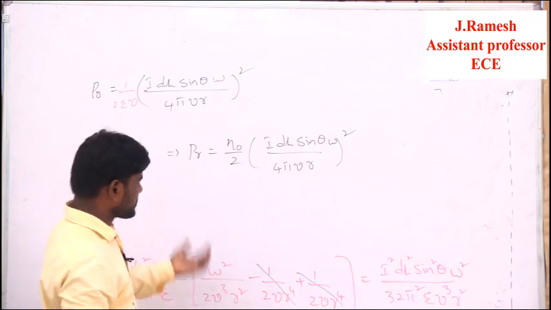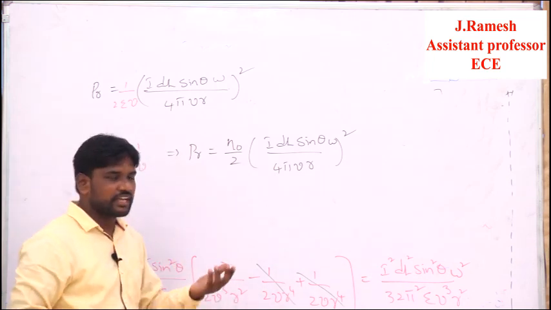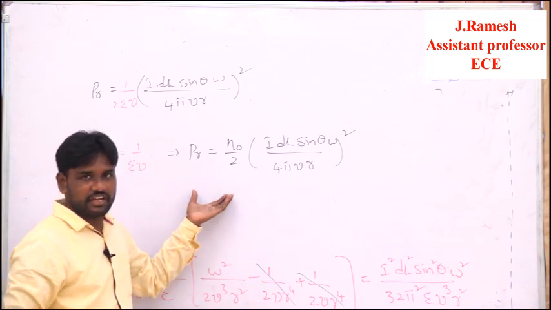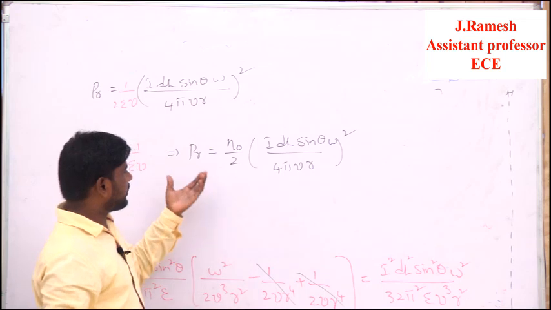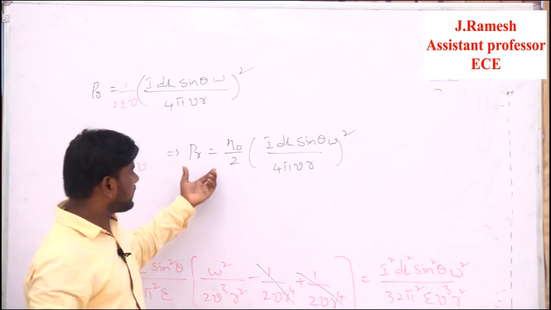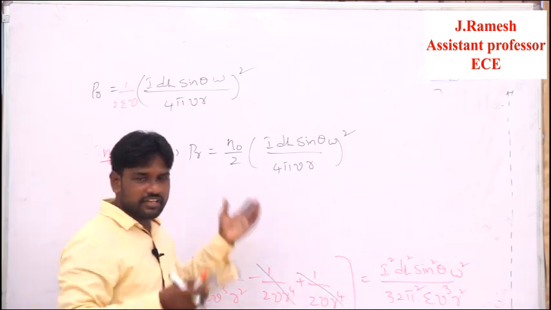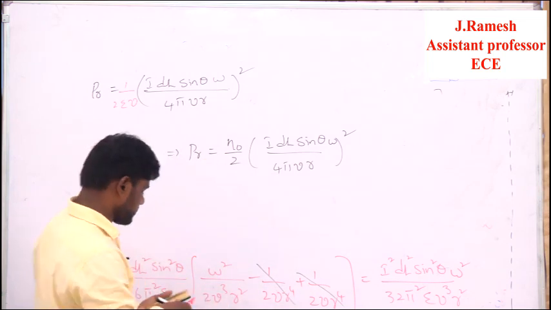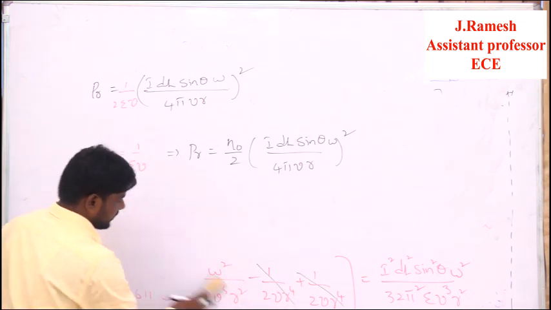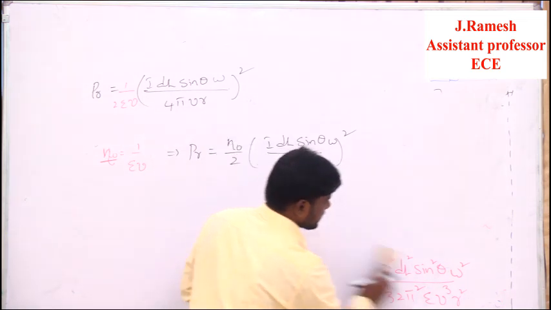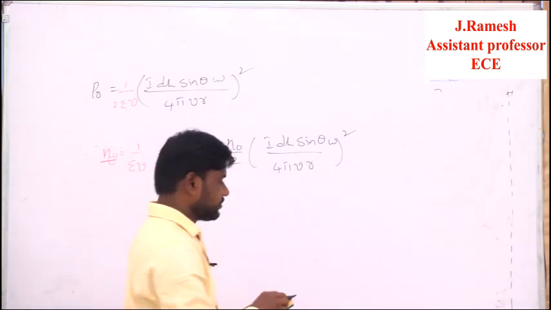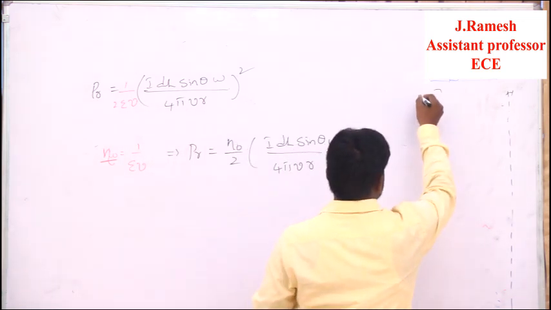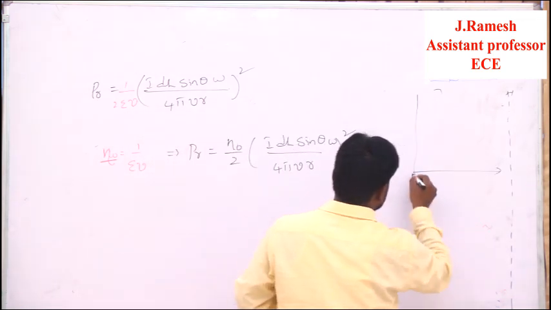But now my question is, how am I going to calculate the entire power? I don't need the power per unit area. I am going to calculate the power for the entire spherical coordinates. Suppose I am considering a sphere here. I am considering the same spherical coordinate system here. In this coordinate system, there are three axes like this.